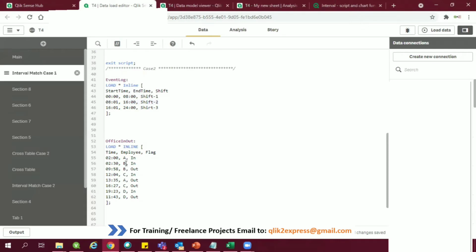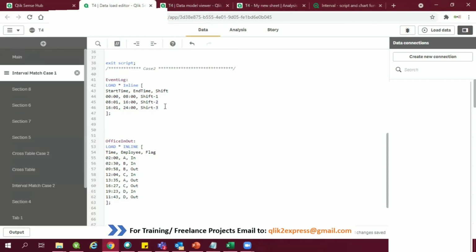Similarly, employee B entered during shift 1, at 2:30, and came out at 9:58, which falls under shift 2. C came at 12:04, which falls under shift 2, and came out at 16:27, which is now shift 3.